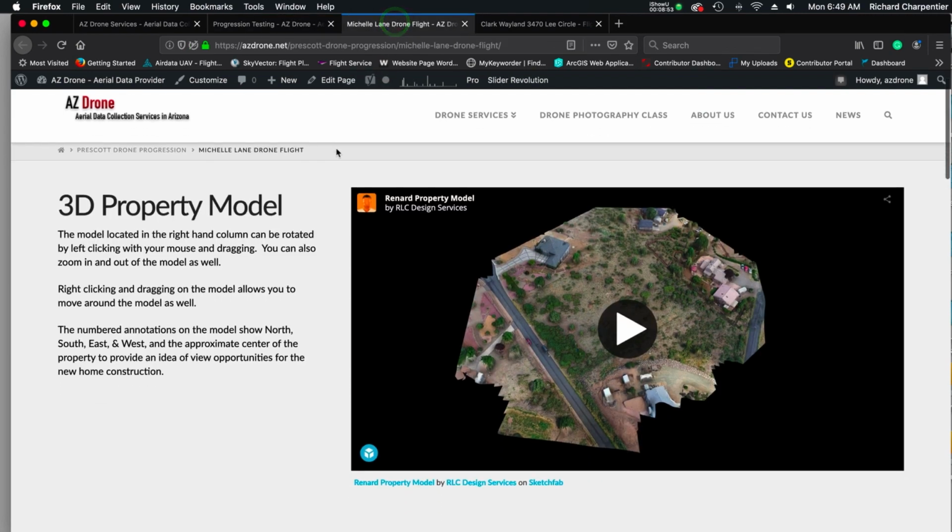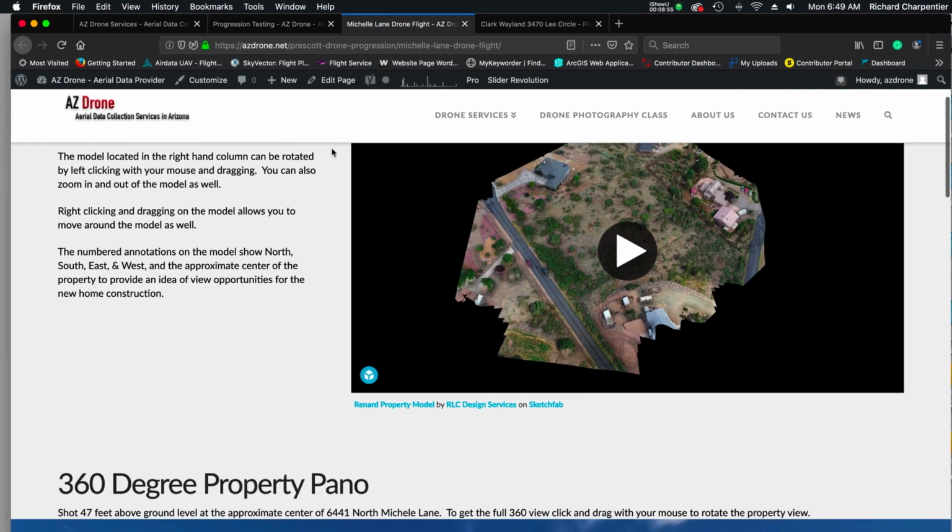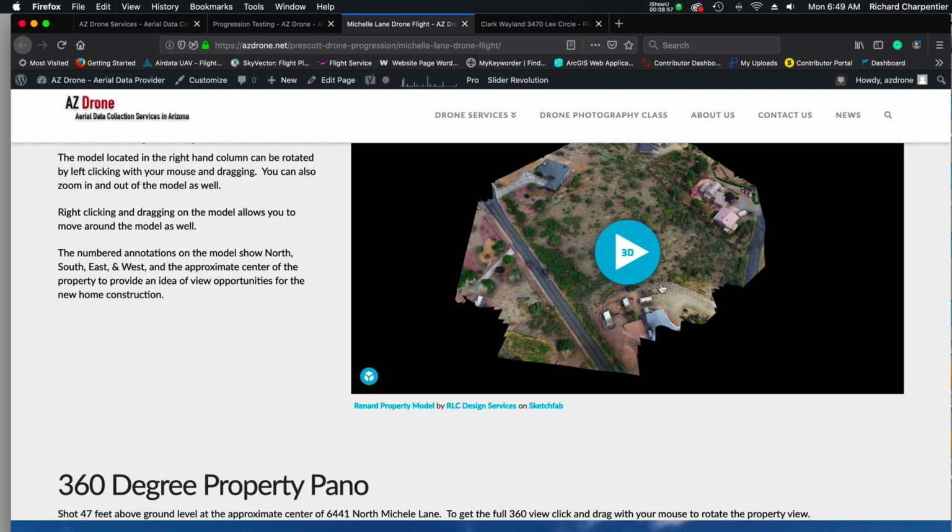I'm just pulling up another one, and this is actually a different client, and this was my Friday flight. We did a 3D model for them just to show off the property. I bet you can tell right away where they purchased this empty area right here, because there are other houses around it. What these clients wanted, this is a private individual and his family who's going to be building a new home in the Prescott area, and they wanted to be able to supply their architect with some ideas about the location. So first we did a quick 3D model for them,